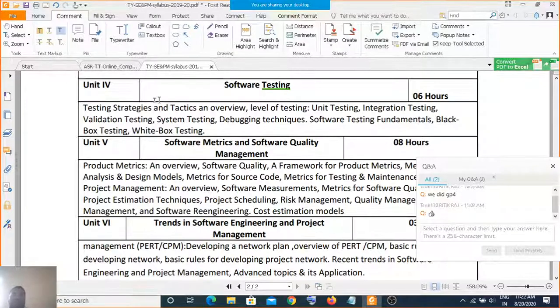So generally, if you are having good relations with your customer and you keep up communication, you get the validation testing. Once things are validated, again, many times the customer validates things on the basis of emotions. Instead, you require to go on the quality, and there you have to go with the system testing. You once again have to check the entire system before releasing it. And debugging techniques are there.